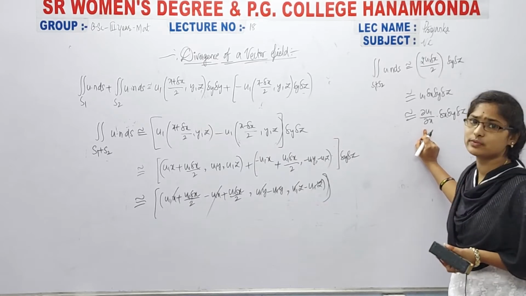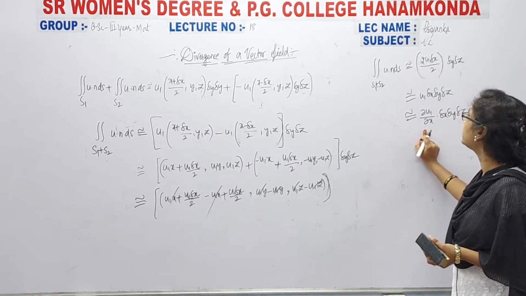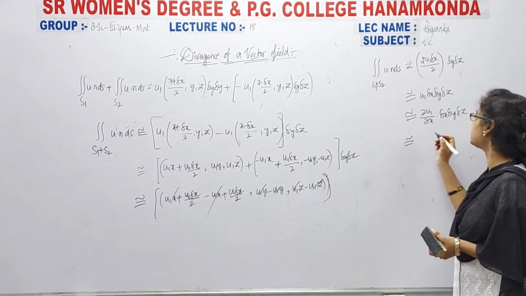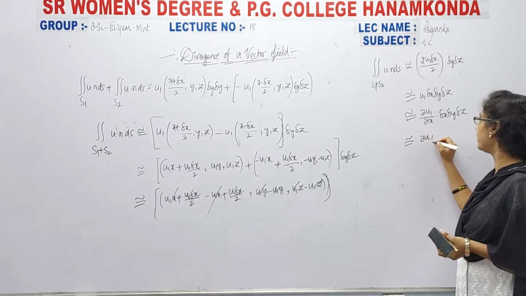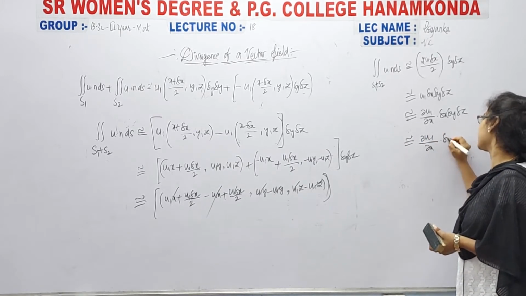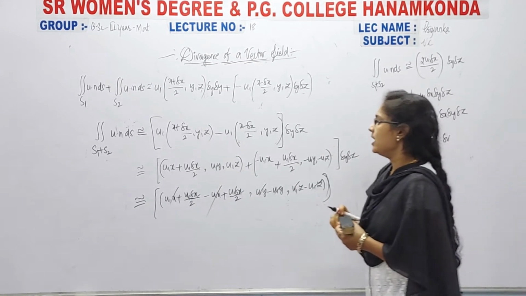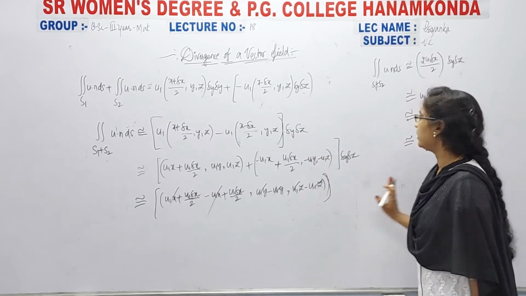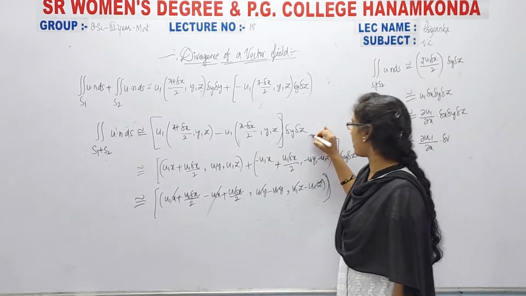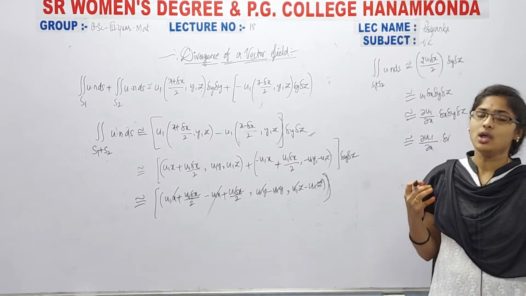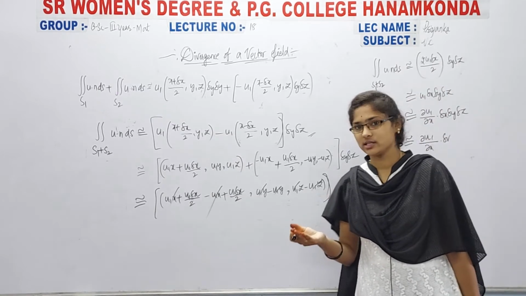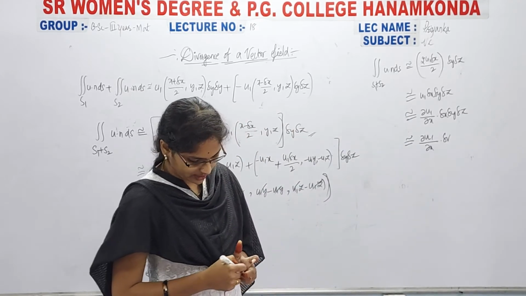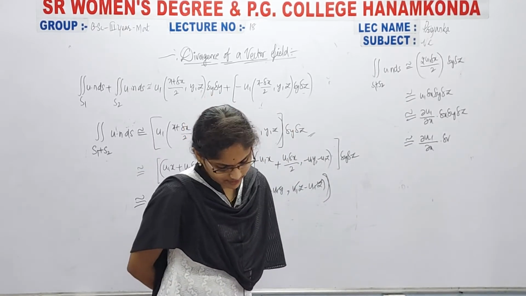I am taking this because when we are calculating the surface integrals, finally we have to take the differentiation. So that's why I am taking it like this, and finally what we get here is ∂u1/∂x into delta v. See clearly, here we directly have the delta x value. So from here you can directly multiply and take the differentiation with respect to x, then you will get this directly. But simply here I took ∂u1/∂x with respect to delta v, okay. Now write down,